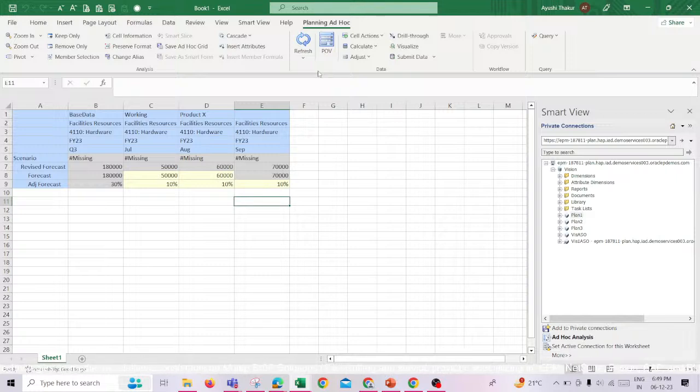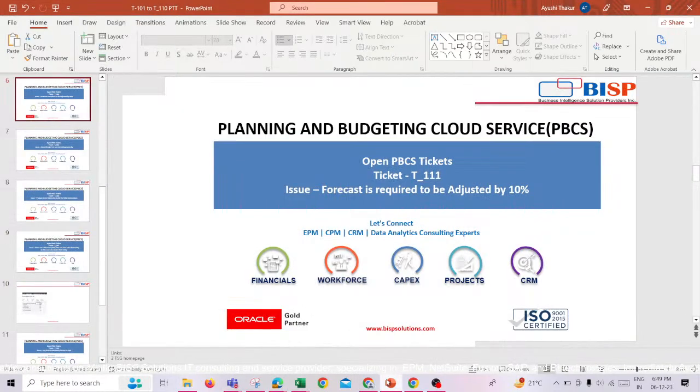So you can just see over here that whatever adjustment I had made with the help of percentage, you can see in the form of percentage as well, or in the form of facts as well. So this is how this ticket has been resolved, where the forecasting is required to be adjusted by 10%. If not by 10%, whatever percentage you have, we can finish it with that. So okay, my next ticket is ticket number T_113, where you have to add a gross